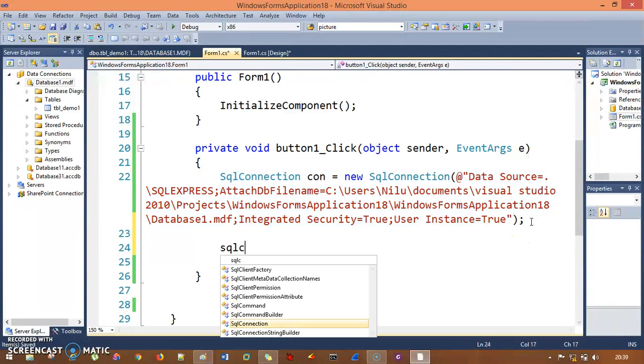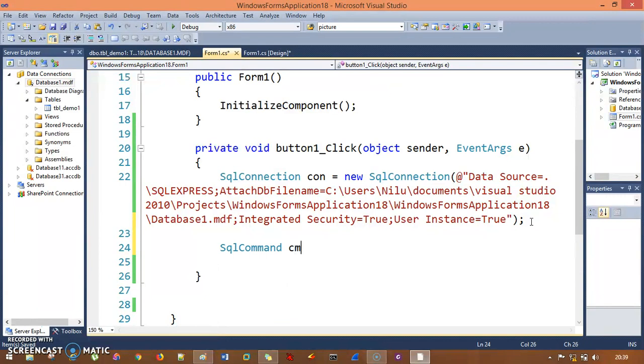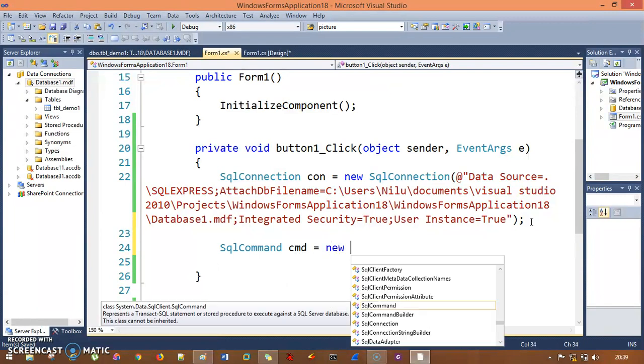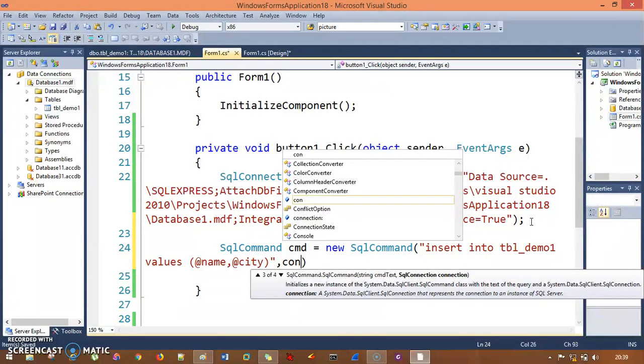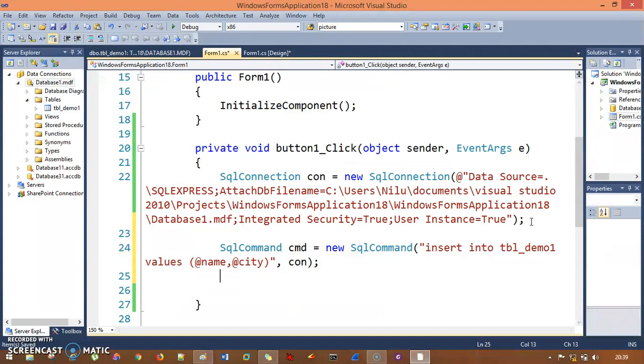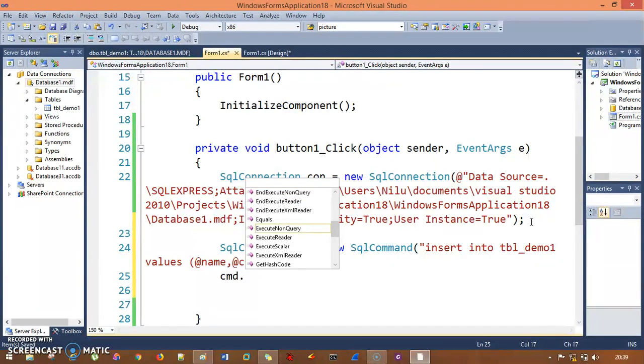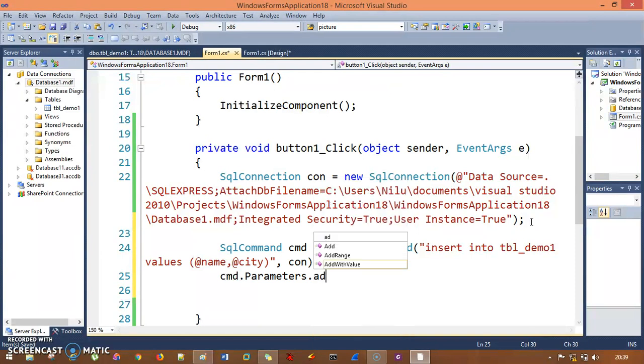The next step is SqlCommand cmd equals new SqlCommand, and inside that there is this insert query. So I'll say insert into tbl_demo1 values @name and @city, and I'll pass the connection object here. Okay, fine. Now next is cmd.Parameters.AddWithValue, and I'll pass my first variable,